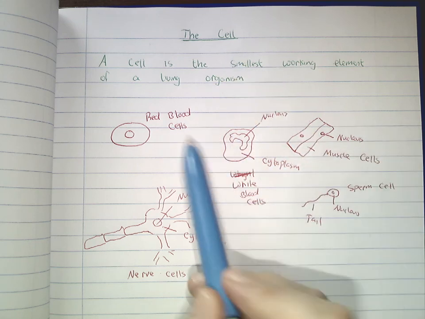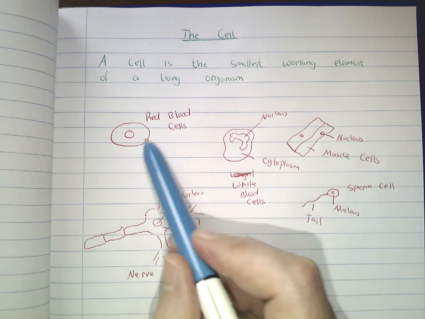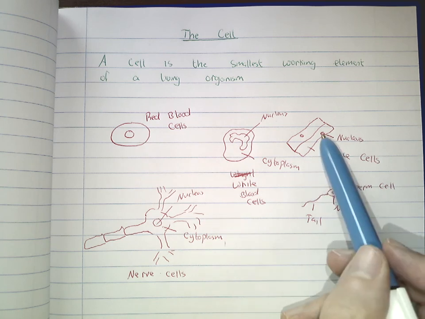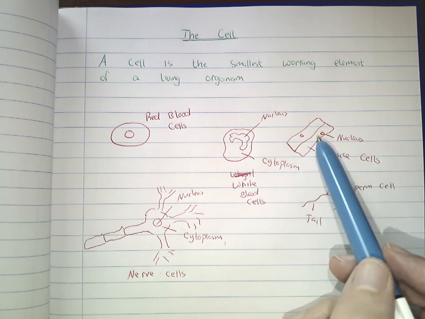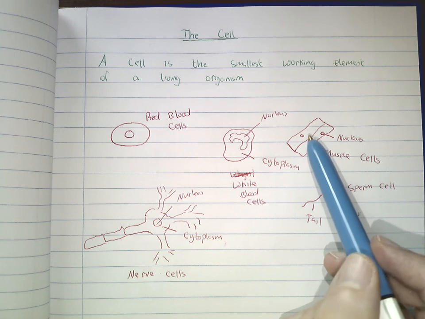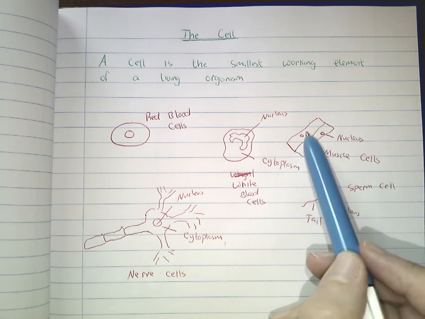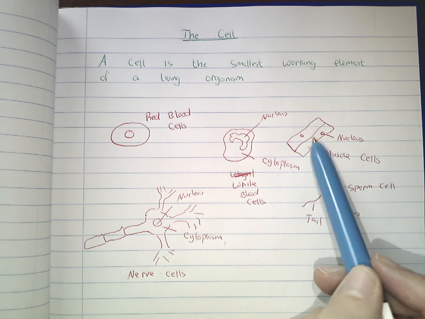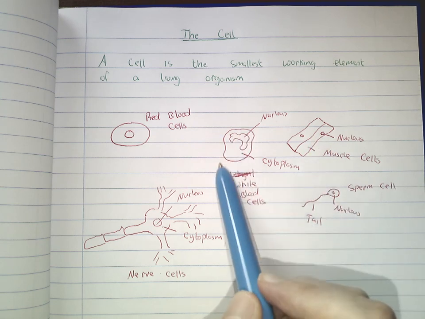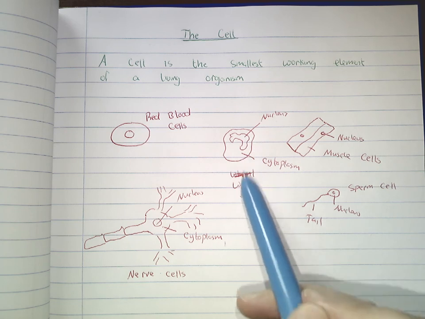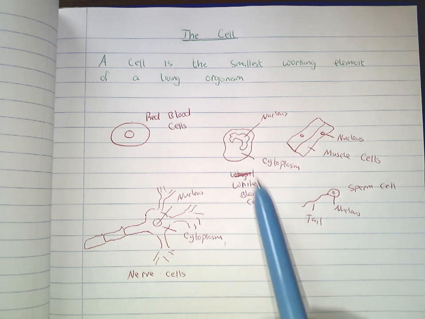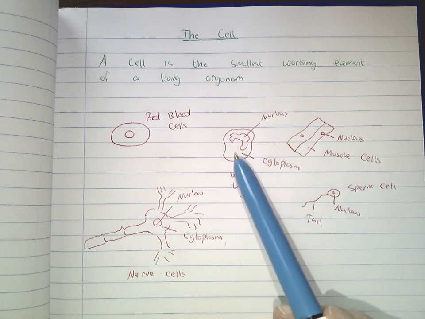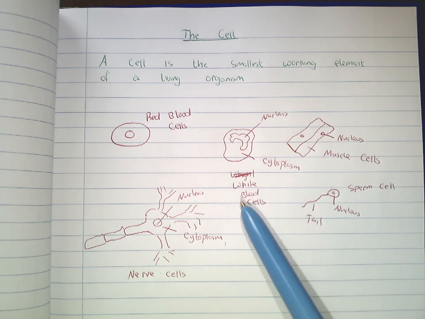All of these make up different cells. What happens then is these cells come together and form different systems. For example, a muscle, like your traps on your back, is made up of trillions of muscle cells all joined together to make up the muscle in your body. Your immune system is made up of millions of white blood cells. When infection gets into your body, white blood cells are released and attack any